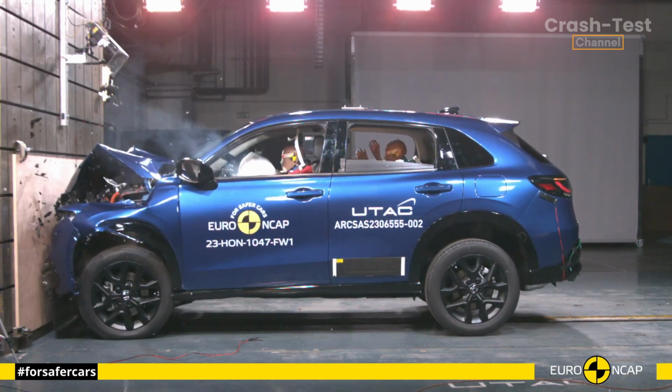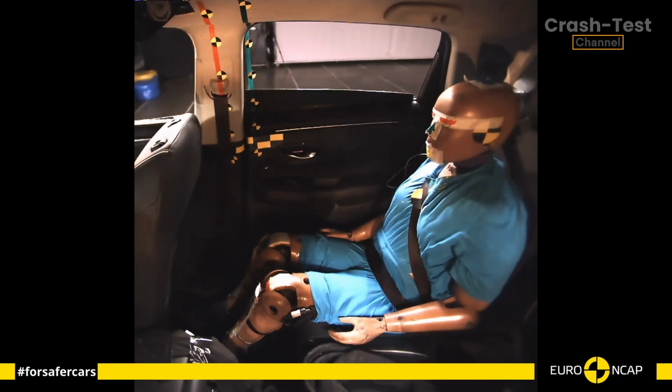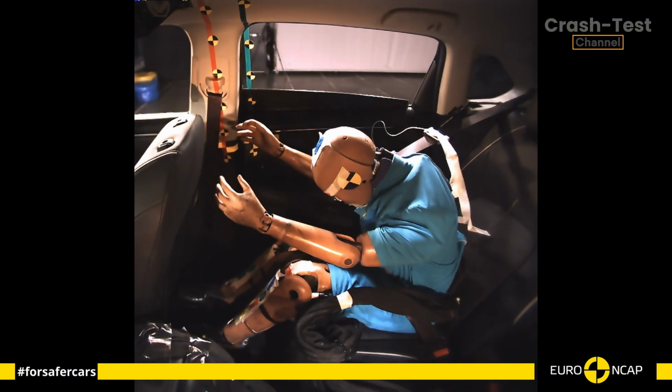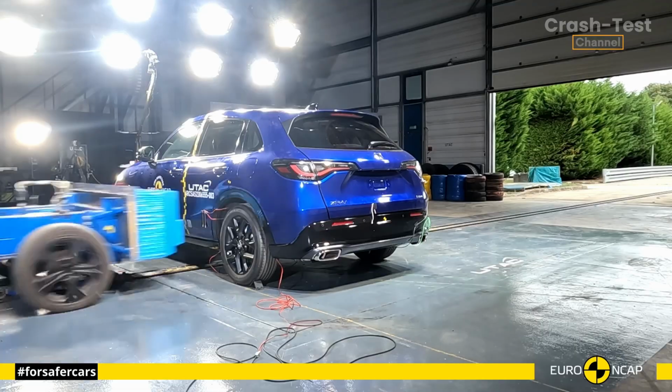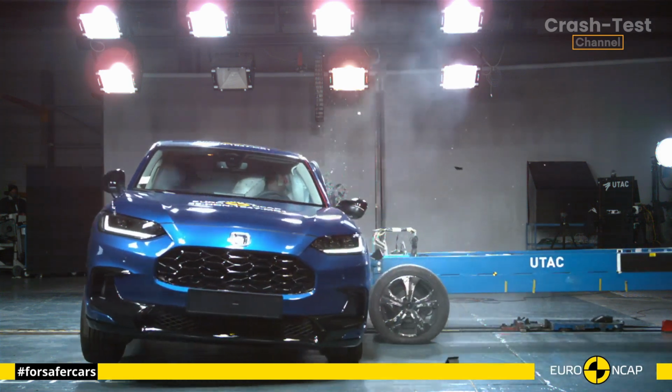In the full-width rigid barrier test, we see some weaknesses. While most critical body areas were protected, the driver's chest received a poor rating due to compression in the crash. However, the side barrier and side pole tests bring good news, with maximum points scored for body protection in both